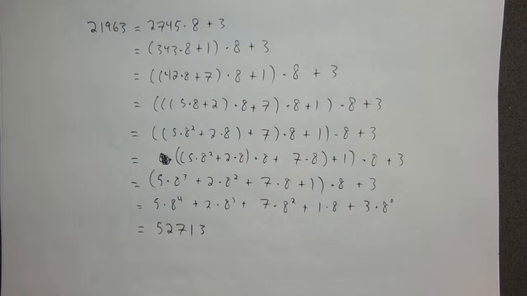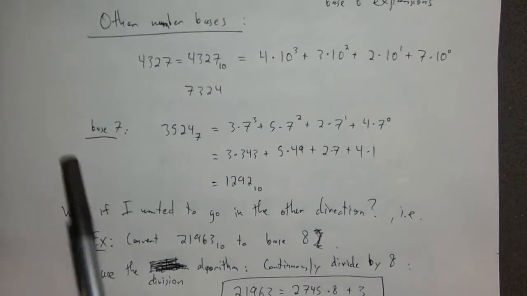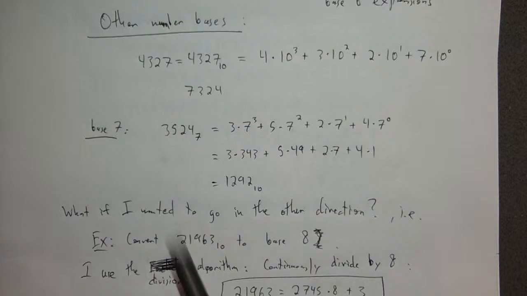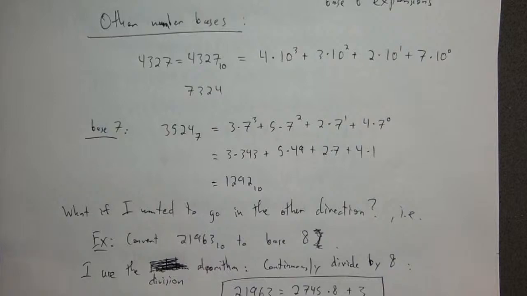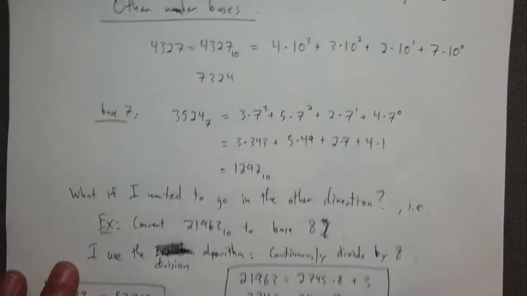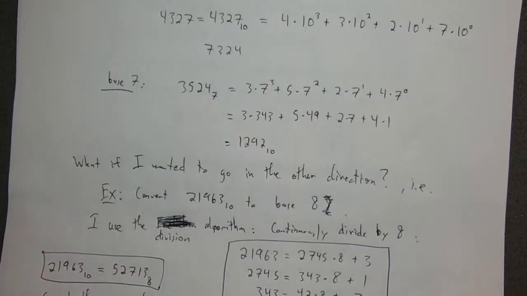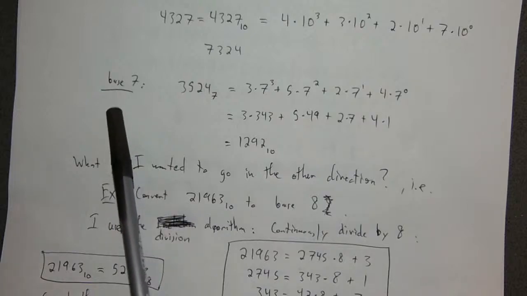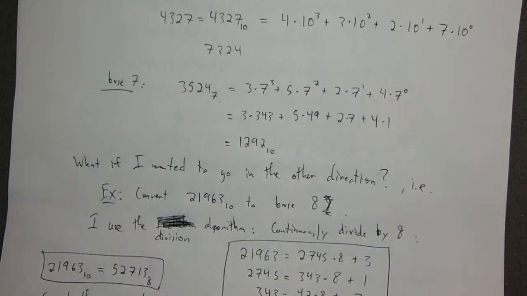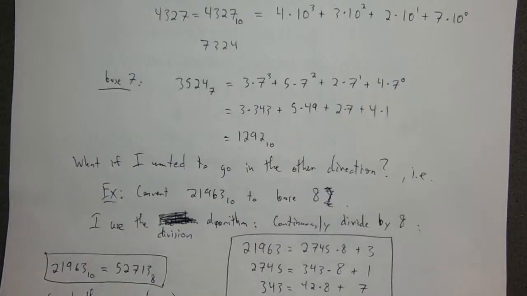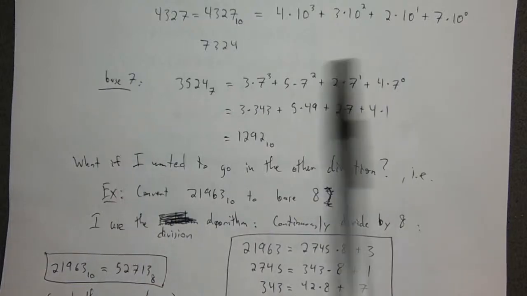But then you should think of a few things immediately, right? So there are some practical things to think of when you're thinking of other number bases. So one, we did a couple of examples, so base 7 and base 8 here. Both of those were less than 10. What do you notice about the digits, right? So whatever the base is, that's how many digit symbols you have that can possibly go into any particular place, or any digit slot, right? So in base 7, there are 7 possible digits, right? What are those possible digits? Well, 0, 1, 2, 3, 4, 5, and 6 if we're using the same symbols that we use in base 10, right? 7 is not a symbol in base 7, just like 10 is not a symbol in base 10,